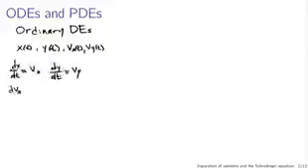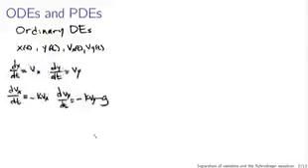What an ordinary differential equation might look like to govern the motion of this projectile would be something like the following. dx/dt is vx, dy/dt is vy. Nothing terribly shocking there, the position coordinates change at a rate of change given by the velocity, while the velocities change, dvx/dt, is given by, let's say, minus k vx, and dvy/dt is minus k vy minus g. This tells you that,